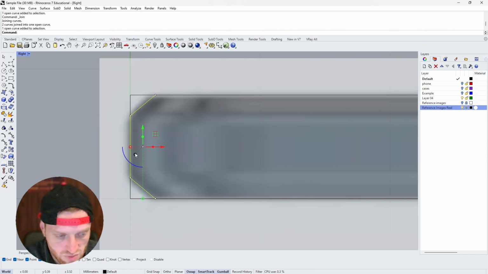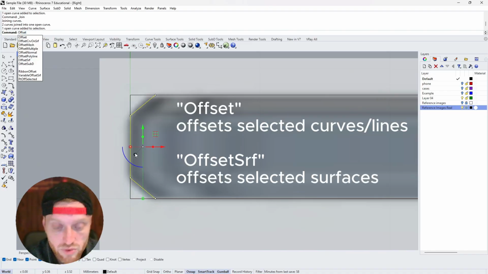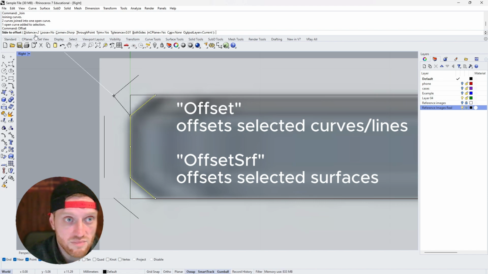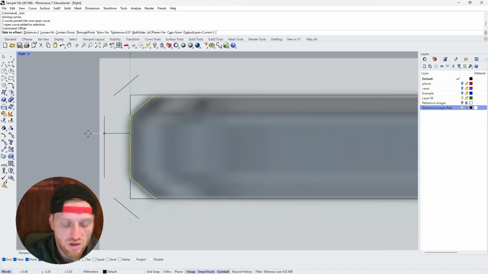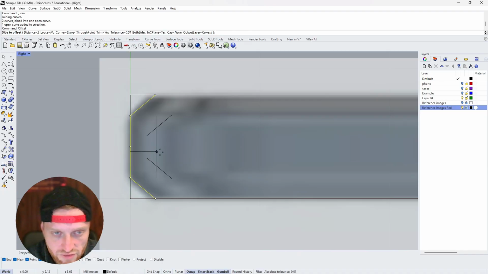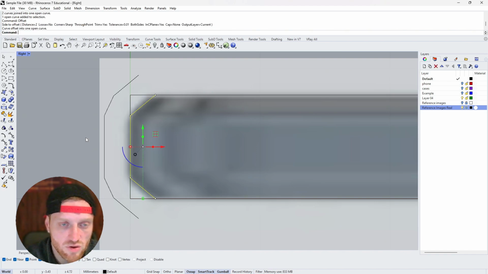Now, what we want to do, because we want to give it volume and not just create a surface from it, we do offset. And now we can determine the distance of our offset. We could say loose, what kind of corners, and so forth. So all the options, just try to play around with them and see what they do. For the moment, I just want the distance of 2, I think is fair, like a 2mm wide phone case seems reasonable to me. And by clicking on either side of your curve, it will do the offset in that respective direction. So I go to the outside,